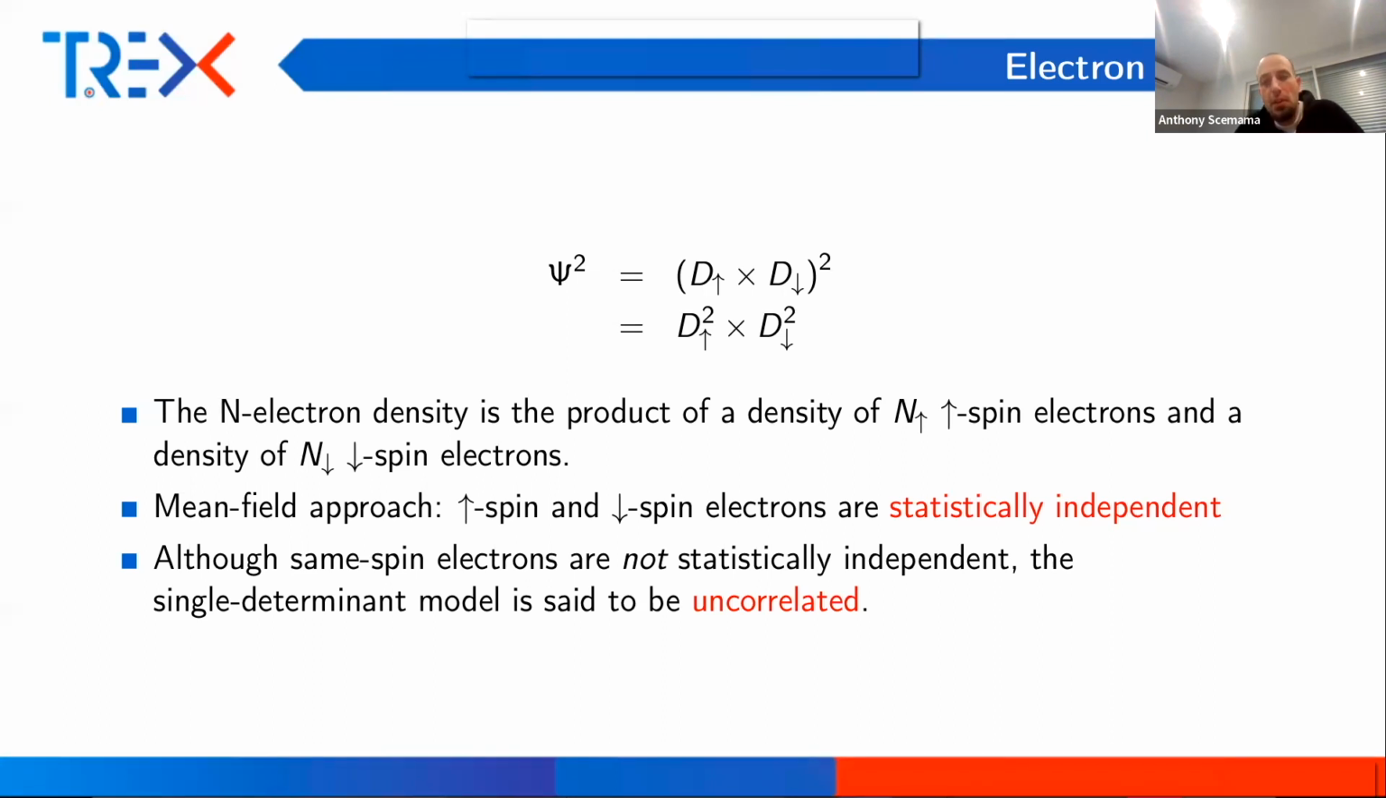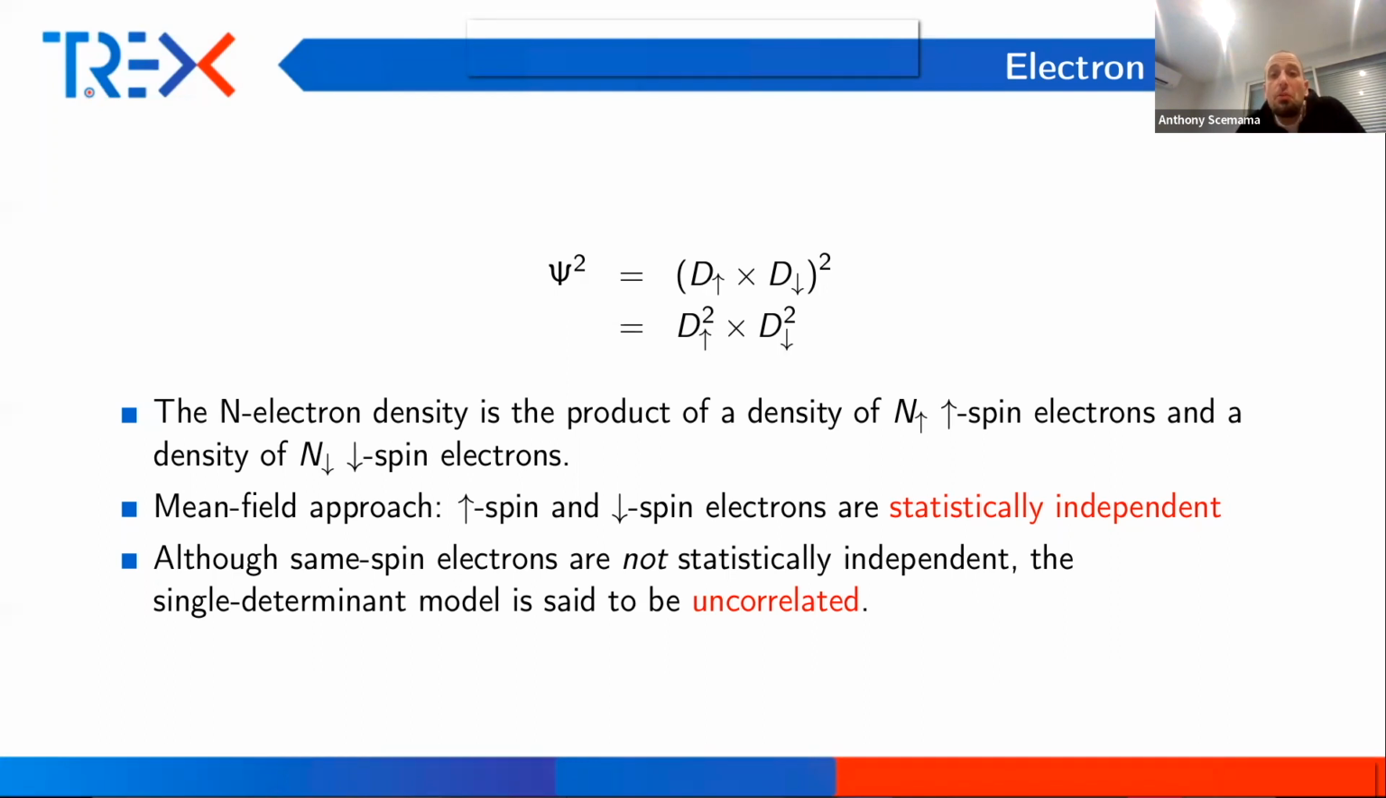you see that this wave function is the same as a wave function where you have no electron correlation. Okay, so you have an independent density: the density of the upspin electrons is independent of the downspin electrons. So it's really like all your up electrons see just a mean field of the down electrons, and the opposite also. So we say that this wave function is